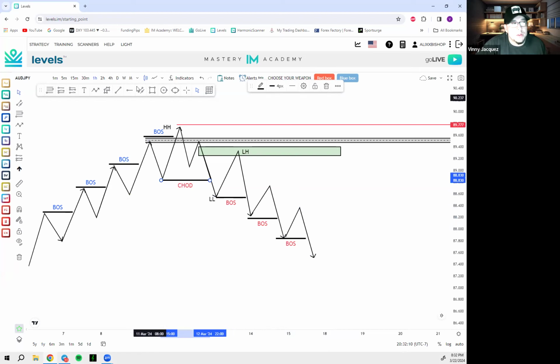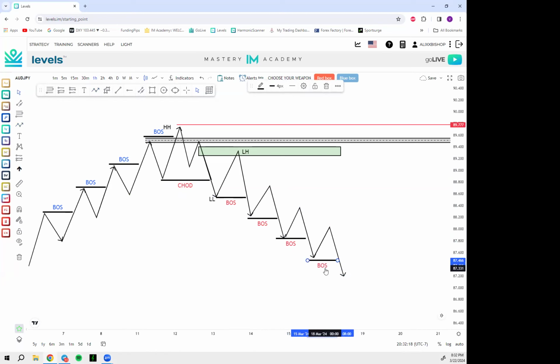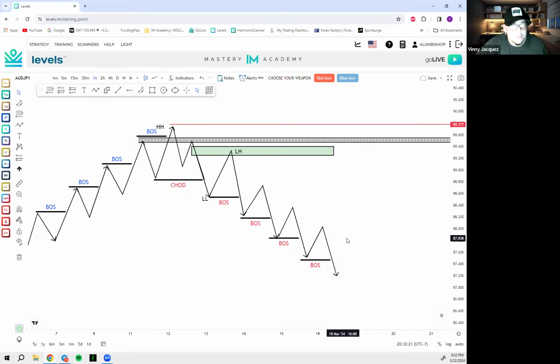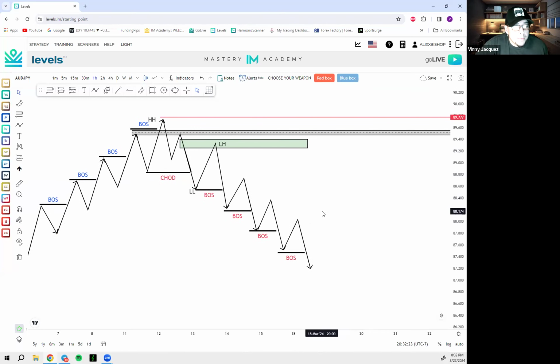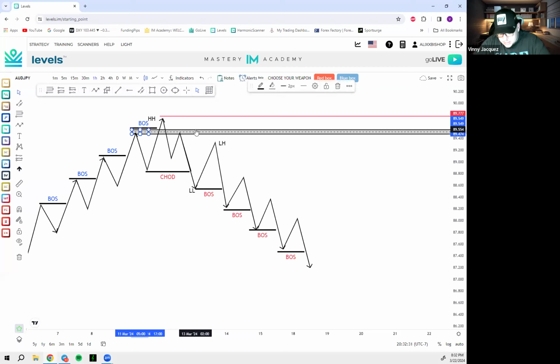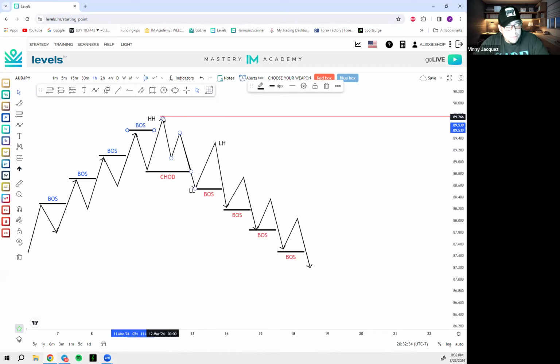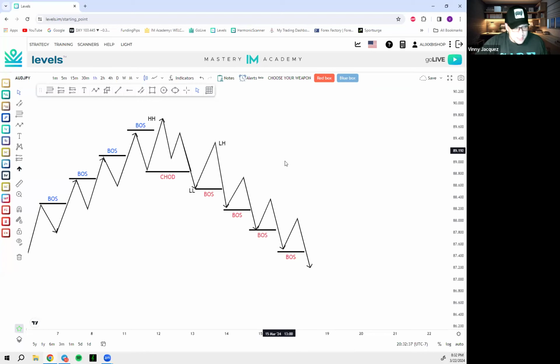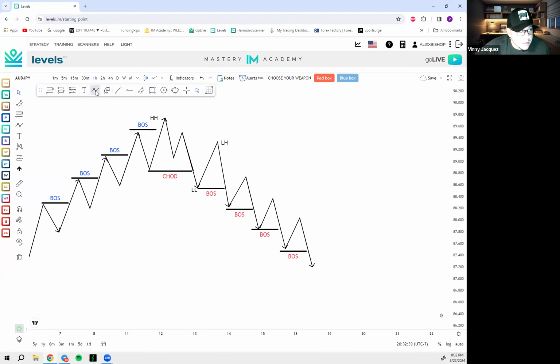Now, it's important that you label this. It's very important because as soon as we start to reverse, you're going to know exactly where your shoulder is. Let's go ahead and delete this. Keep it fresh, keep it clean. Now, look, as soon as we change direction, guys, market starts to get weak on us, and we change direction.